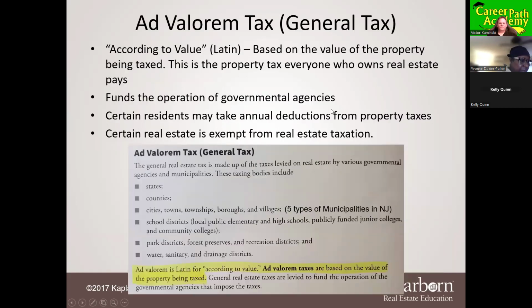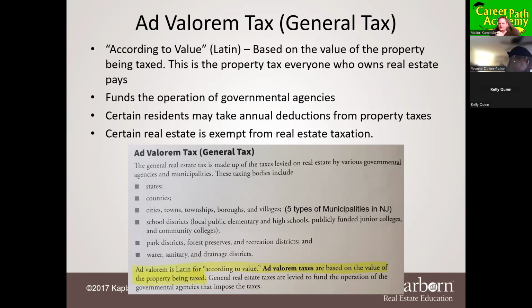Right here. Ad valorem is Latin for according to value, and ad valorem taxes are based on the value of the property that's being taxed, in part. Politicians can play with this a little bit by adjusting the tax rate to determine how much money that they need. If they need more money, they can adjust the rate. Now,